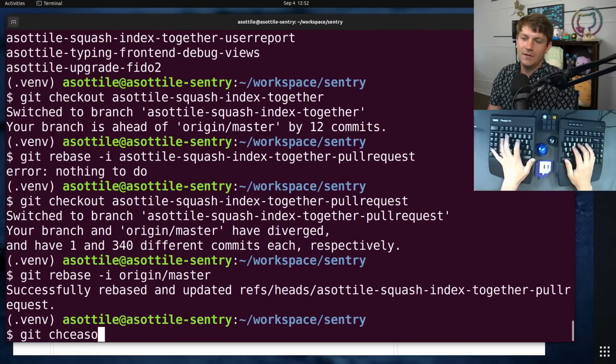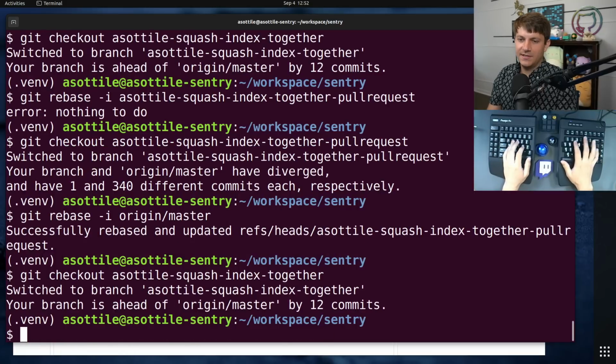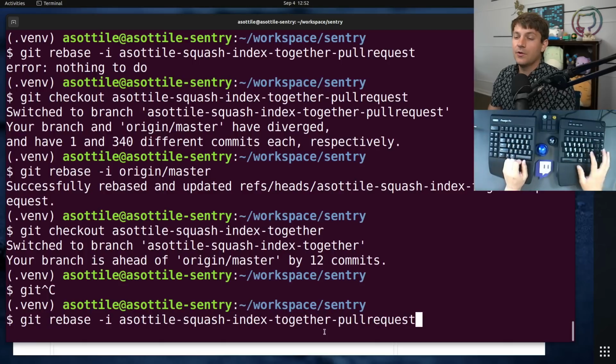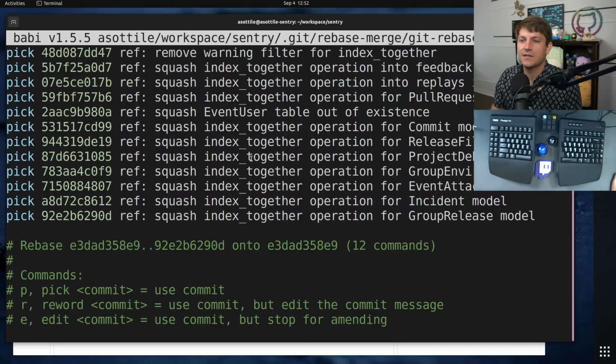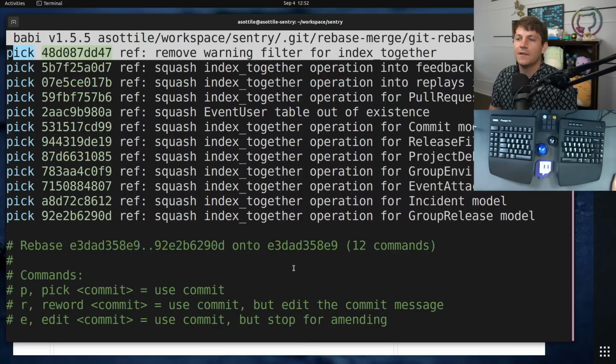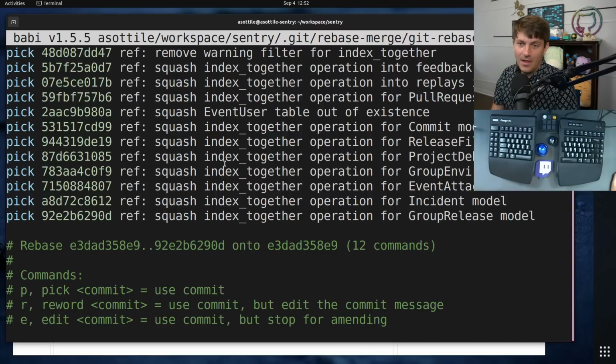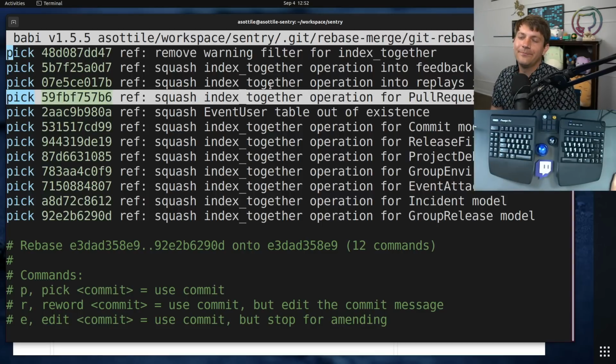So check out easily squash index together, and then rebase on top of this. So now we're going to see the same set of commits that we had on the mega branch. This is kind of that first commit that we were talking about before. And we should see, yeah, we should see that the pull request commit is still in here. Now, in this case, it's not going to be a problem, but sometimes it is, and so usually you'll want